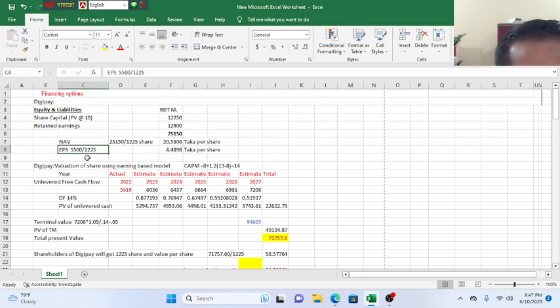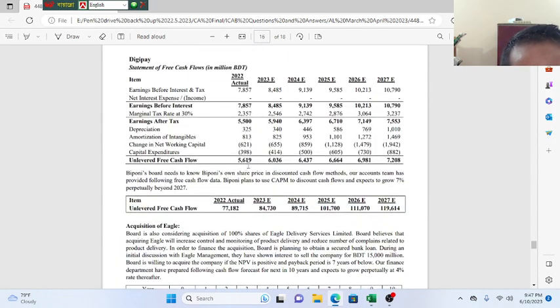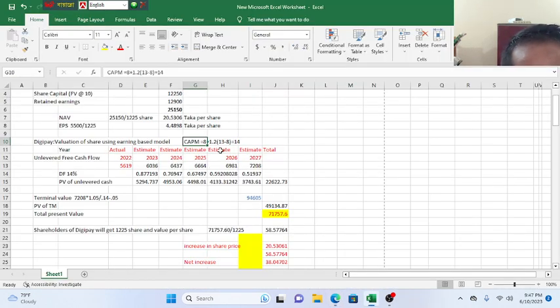EPS is 5,500 divided by 25, this is 4.48. And DGP's valuation of share using earnings based model, CAPM have calculated, that is estimated around 14%. And for cash flow we have picked up the figure from this cash flow. This line is exact, this line is put down, and this is discounted by 14%, and after 14% discount, present value of levered cash is